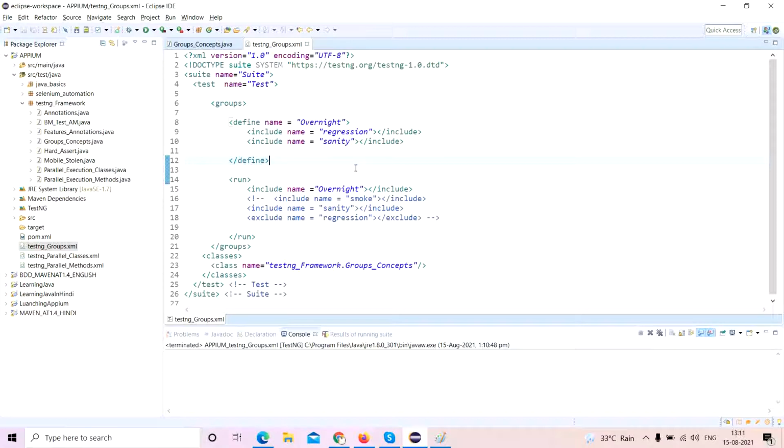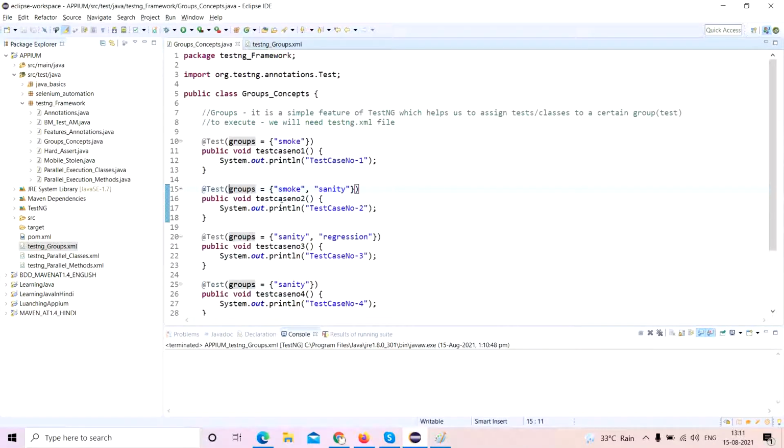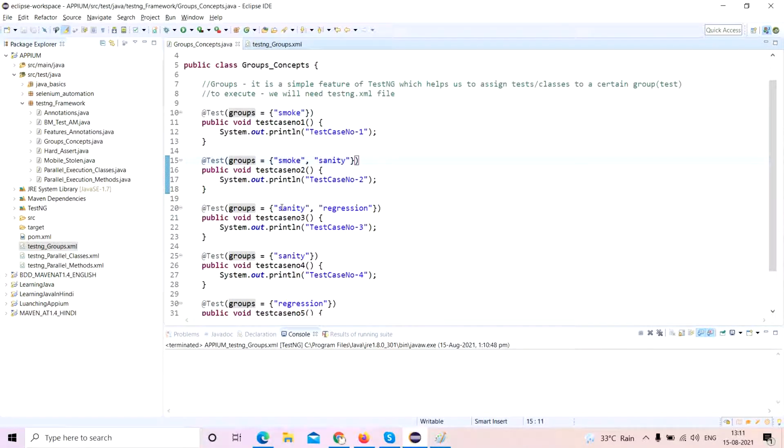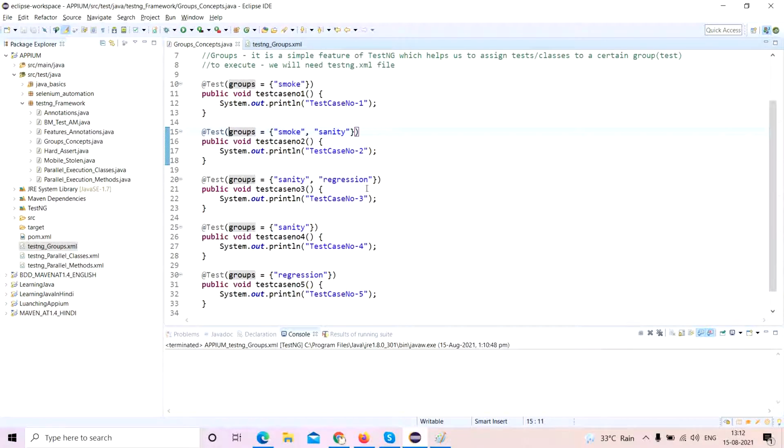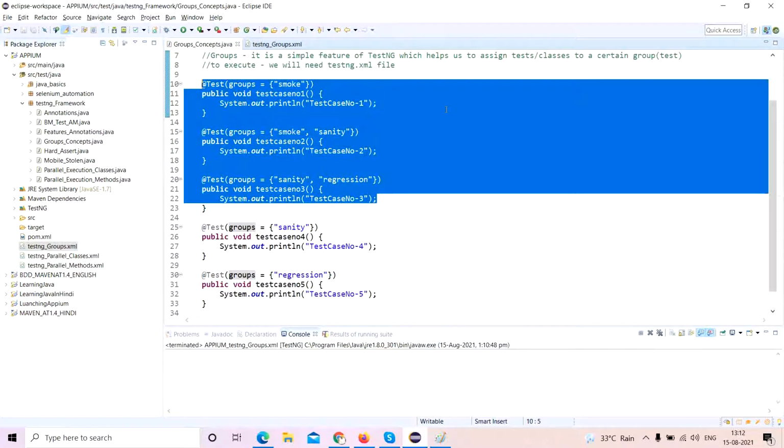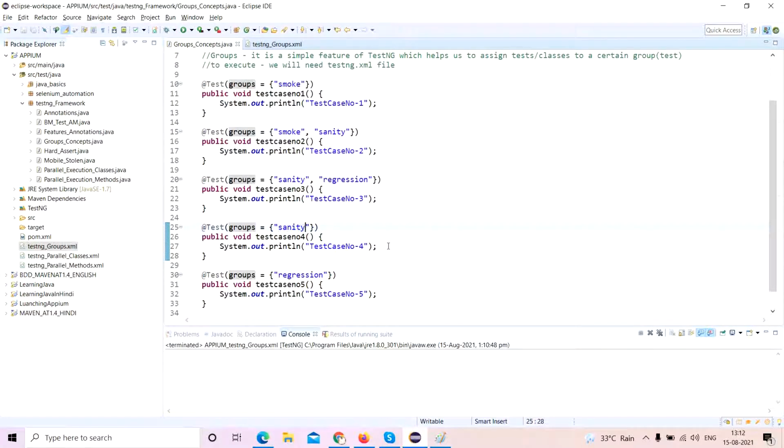Okay, now let's say for example, there are a lot of test cases here. There are only 5. Let's say there are 500 test cases, and you want your test cases to get executed in different systems or operating systems, like one in Linux, one in Mac, and one in Windows. So you will leave these first 3 aside. Let's say these are actually working fine, and these you want to include in Windows.